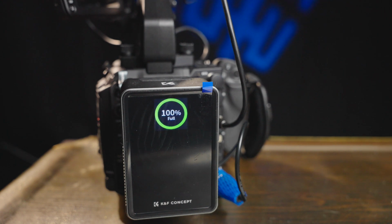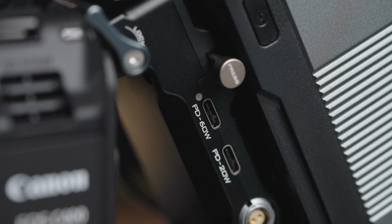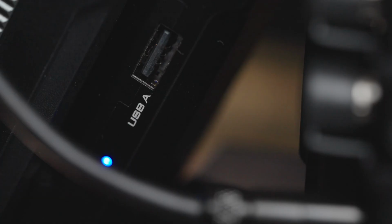Now, the Tilta V-mount plate is very high quality. It's really easy to install. It has so many different ports. I mean, you have a PD in at 45 watts. You have a PD at 20 watts. You have a PD at 60 watts. Okay. You have a USB A. You have,